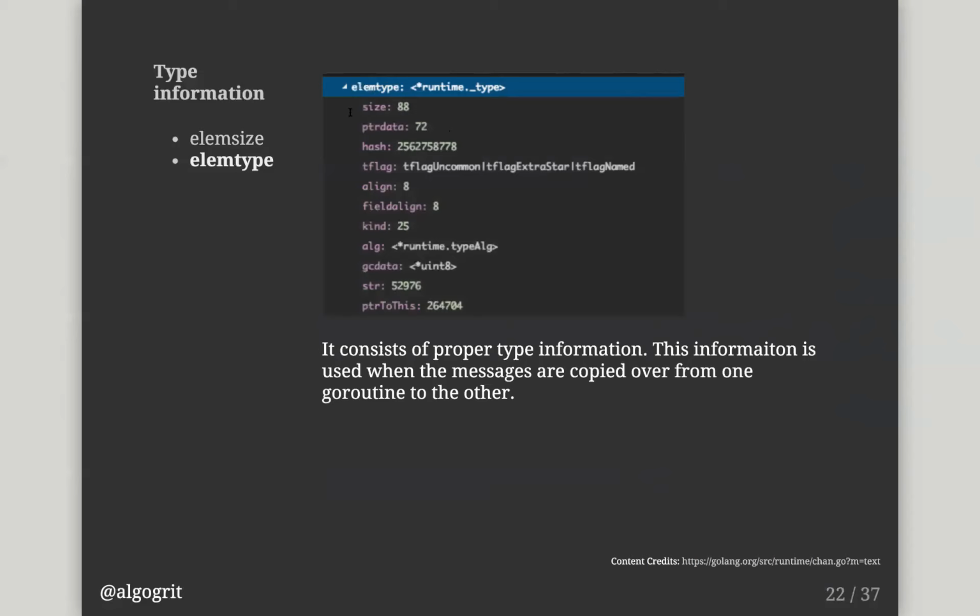Apart from size, it's duplicative in a sense. It has the size information again. It has the pointer data, hash, and the flag. I'm not exactly sure what each of these attributes do, but the way it's used internally in hchan in the runtime chan.go file is that it consists of proper type information.